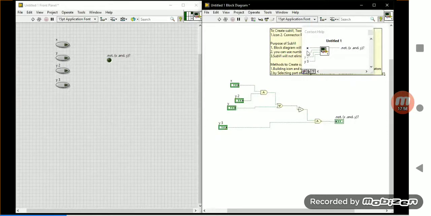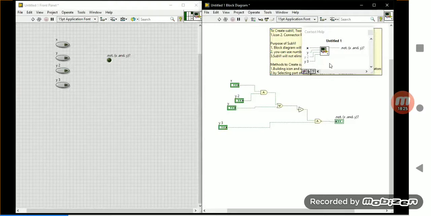Dark bold font is the required terminal. Normal plain text represents the recommended terminal. And grayed out or faded represents the optional terminal. If the required terminal is not connected, you will end up with a broken run arrow. So here you are creating the sub-VI.